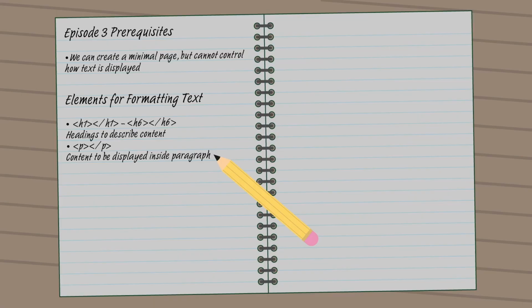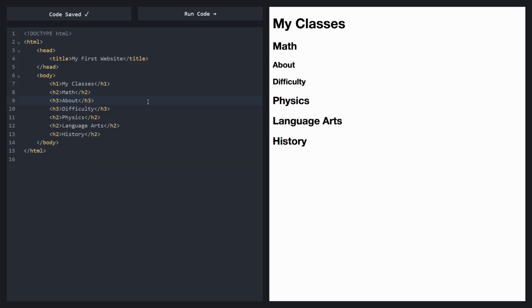The next element that we're going to go over is the P element, which defines a paragraph. When it comes to the P element, instead of denoting another subsection like these heading elements, these actually define the content in your page, and you can put it below any heading element. So I'm just going to put it under the about section under the math section, and I'll just type something simple like this teaches calculus,